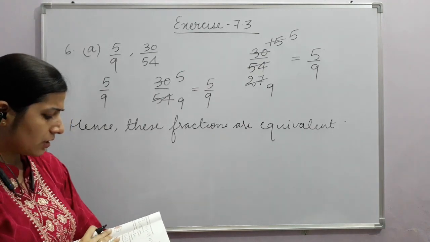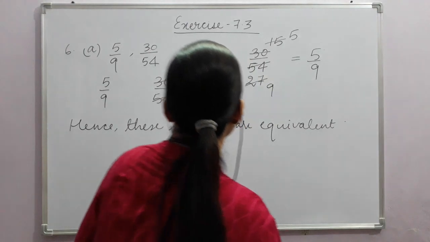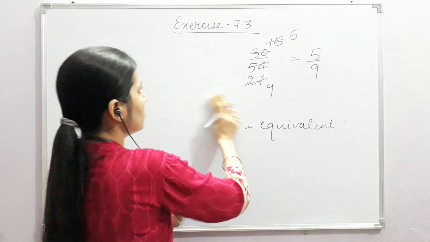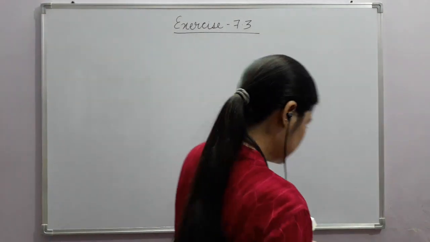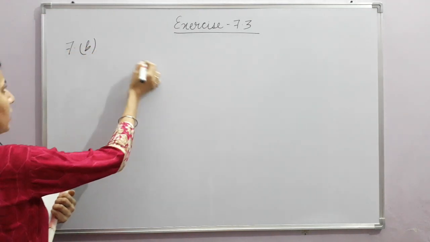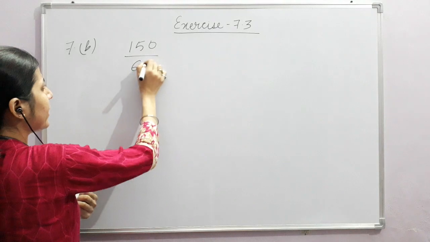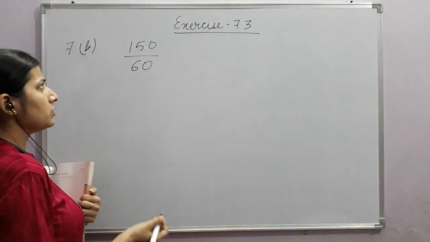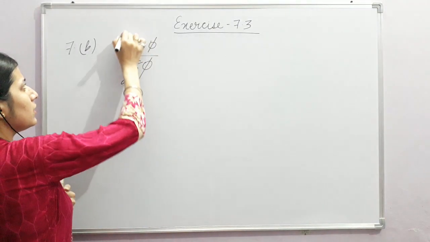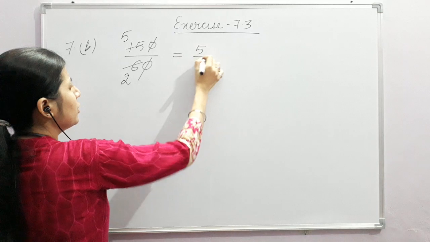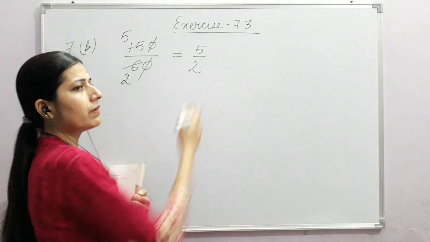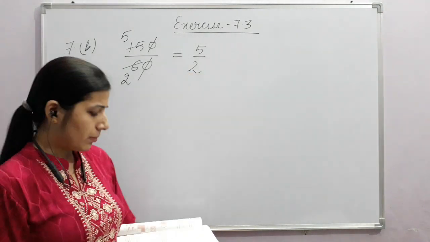Let us come to question number 7 now. This is how to do question number 6. Question number 7 is, reduce the following fractions to simplest form. I just told you how to reduce fractions to simplest form. Let us take two parts. I am explaining the B part first. 150 upon 60 and I need to reduce it to simplest form. I will cut this 0 with this 0. Then 3 twos are 6, 3 fives are 15. What will you get? 5 upon 2. Can this 5 upon 2 be reduced further? There is no such number which can reduce 5 upon 2. So it will remain 5 upon 2.